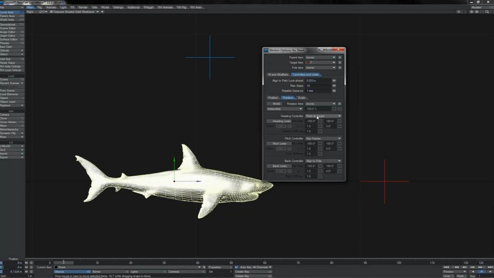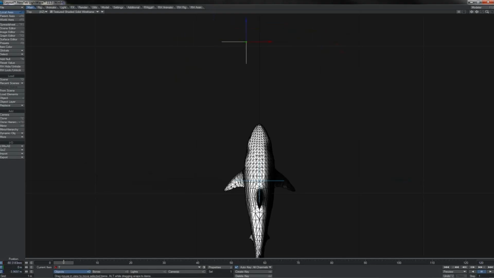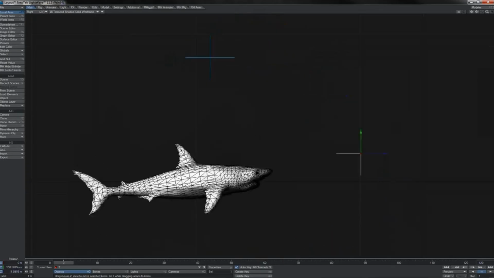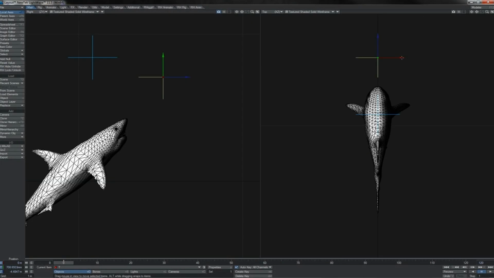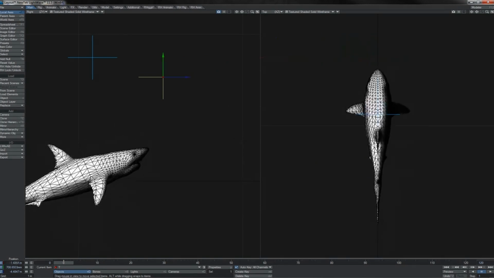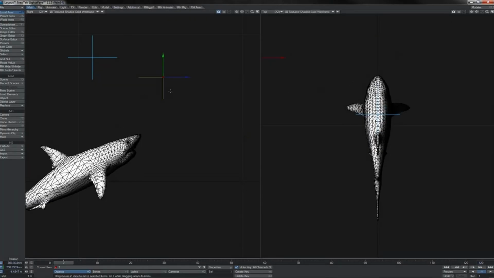However, let's consider that we were doing him only on pitch. Then clearly in the top view here, he's not swinging round on his heading, he doesn't care about it, whilst on his pitch, he is indeed going for it. What we now get is a problem where, if this is moved off axis, so along on the X here, the pitch starts to dip,